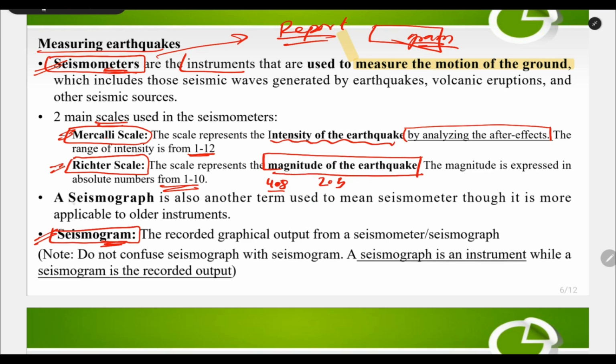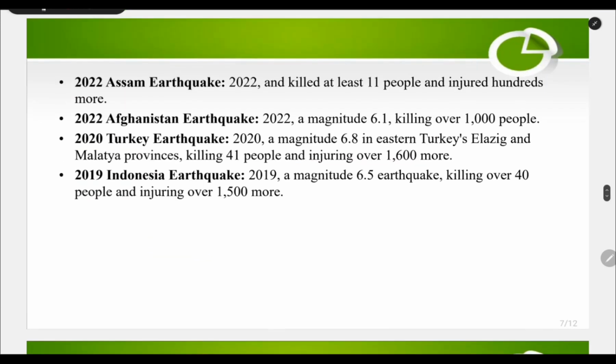And as I mentioned earlier, seismograph is nothing but another term used earlier for the seismometer. It was applicable to the older instrument. Now our instruments have been updated, so seismometer it is. Are we clear? Moving on, I have mentioned a few incidents where in India itself earlier in 2022, Assam has experienced